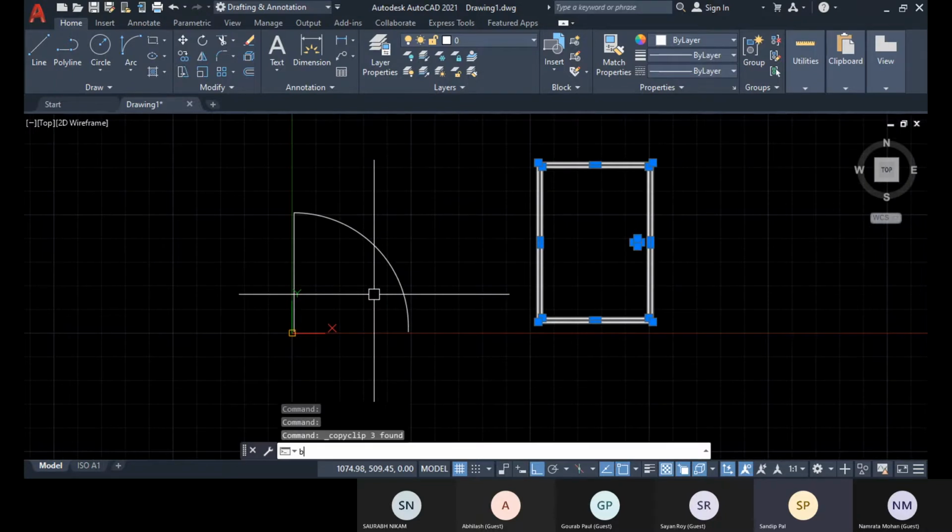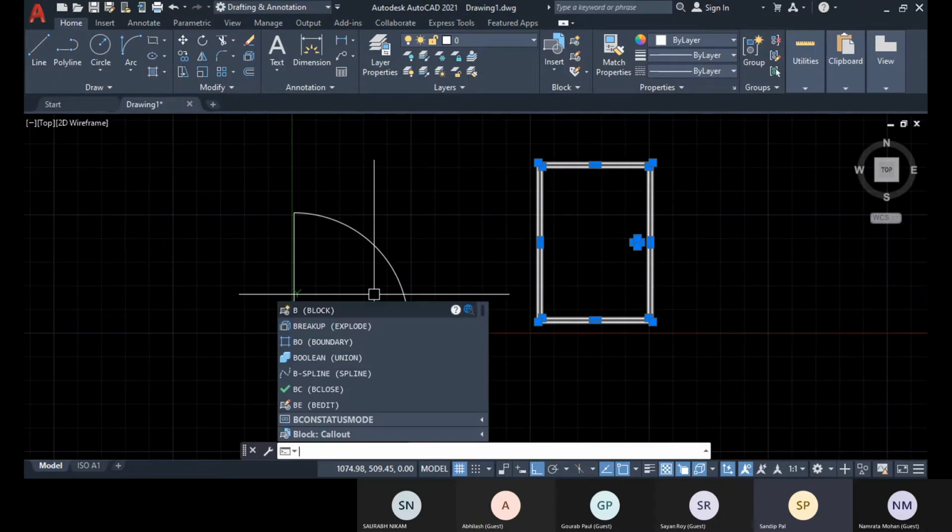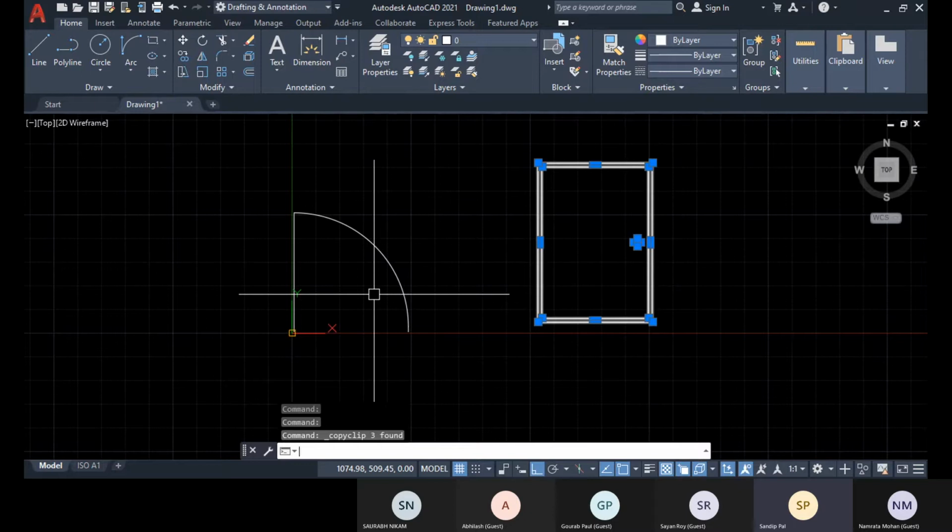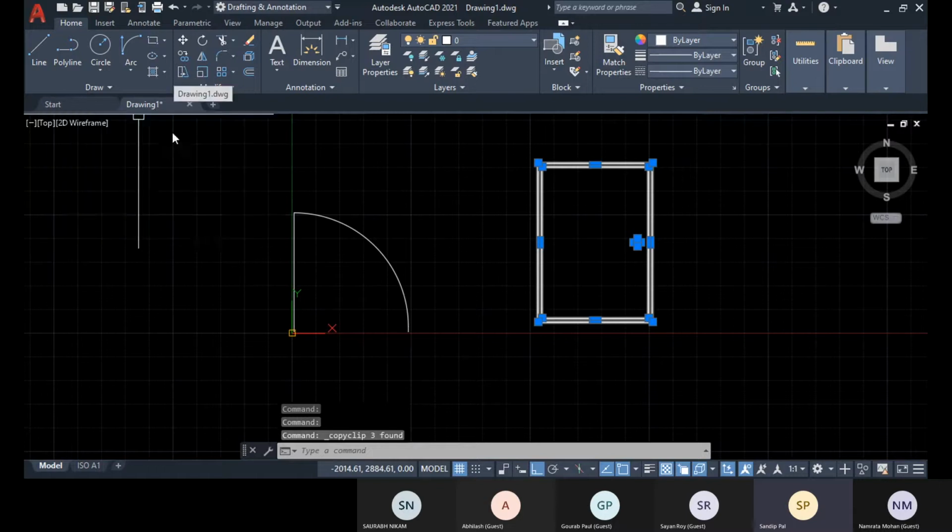Now let's create B as a block, or you know how to create with B enter block. So that block will be stored into this particular drawing, into this drawing one.